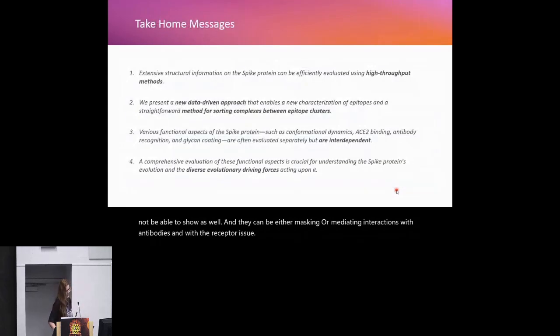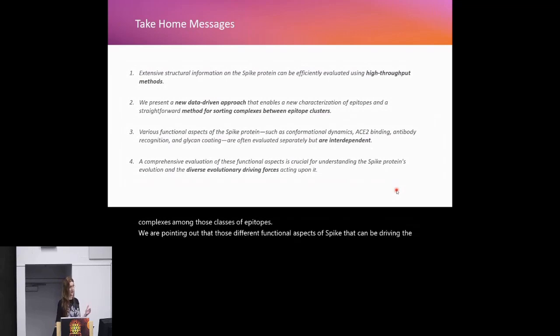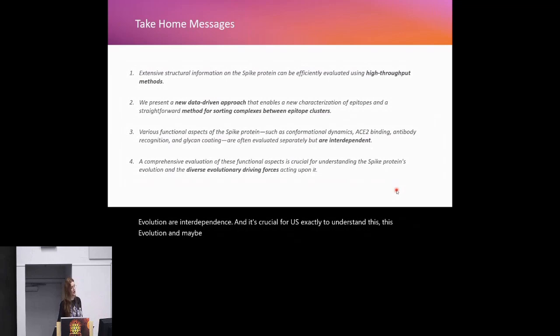So the take-home messages are that there is extensive structural information on Spike, and that can be used if we have methods that are appropriate for high-throughput applications. And this process can also be used for other proteins that we have a lot of structural information on. We are proposing a new data-driven approach to classify epitopes and also to sort new complexes among those classes of epitopes. We are pointing out that those different functional aspects of Spike that can be driving the evolution are interdependent, and it's crucial for us to understand this evolution and maybe to predict future variants,